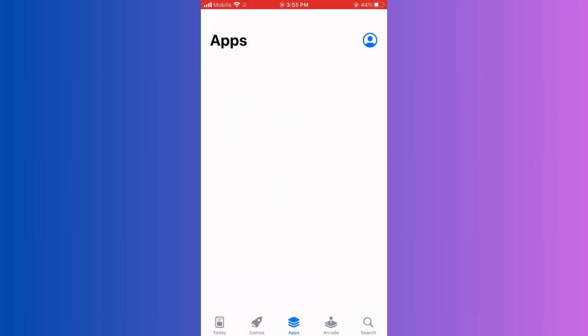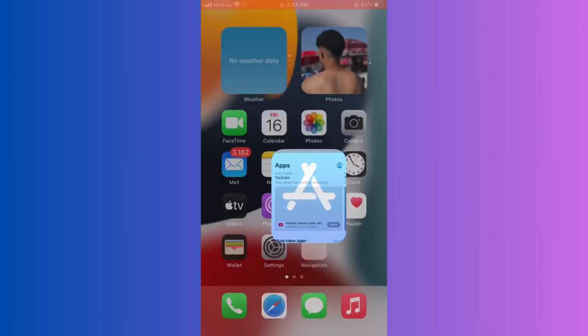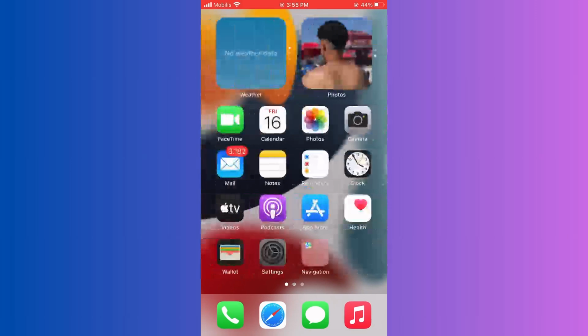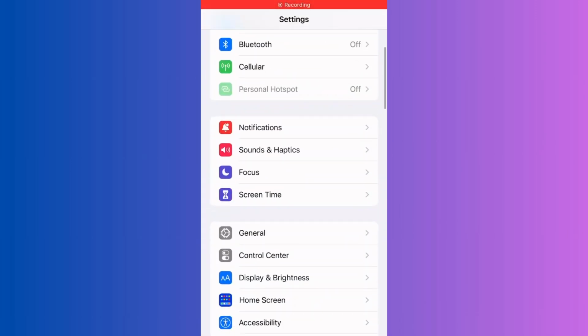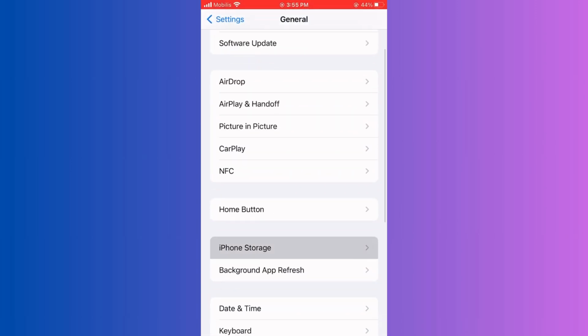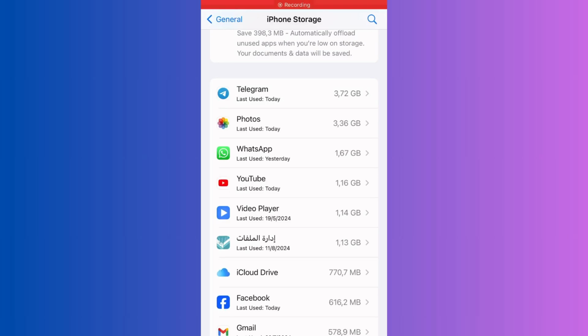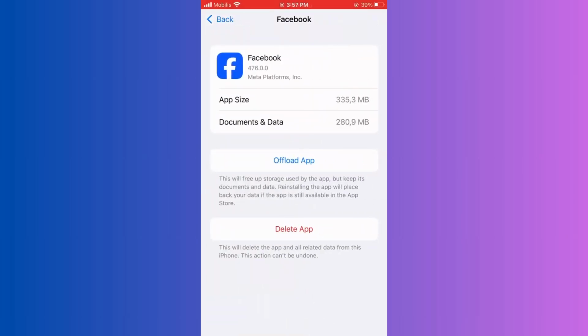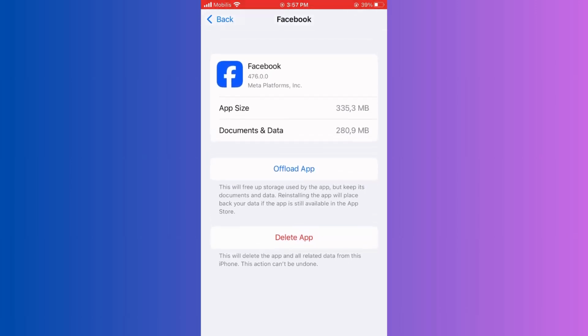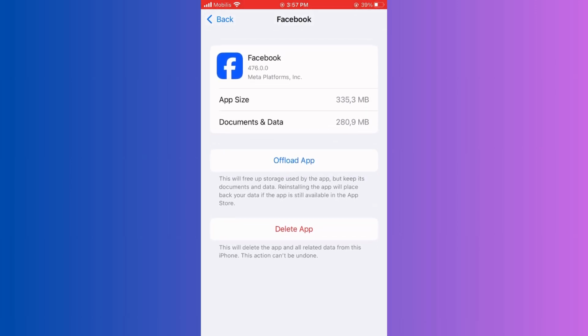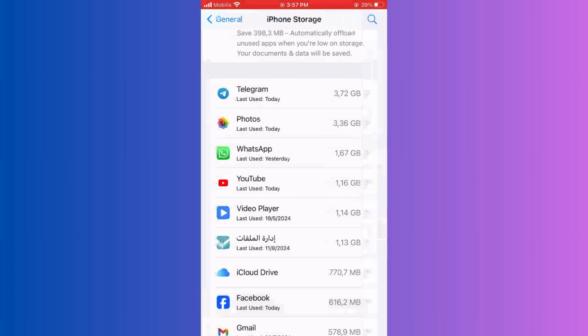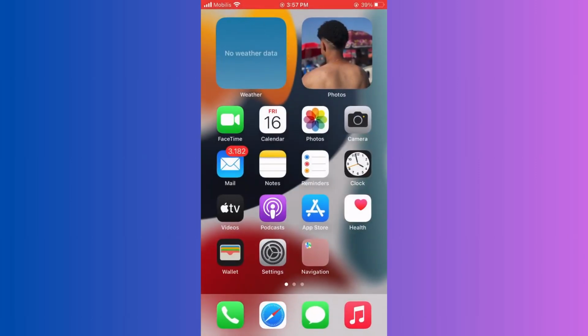The second step is to go to Settings and go to Applications, and from there reinstall Facebook. Uninstall it and install it again. This is step number 2. Step number 3 is to clear the app cache. And if this doesn't work, you should restart your phone, reboot it again, and